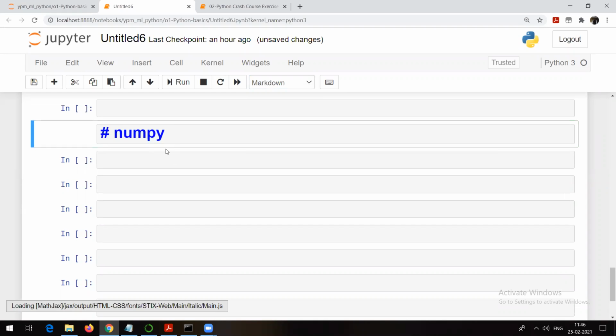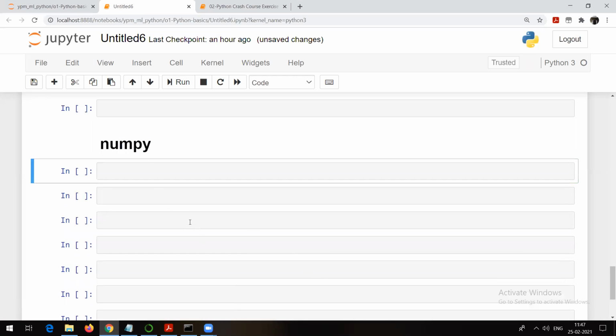Whether you talk about machine learning, deep learning, computer vision, natural language, or artificial intelligence in general, NumPy is really very important. We are going to start from the basics of NumPy itself. First of all, I will let you know what NumPy is and why one should worry about this, why one should know about NumPy. So one by one, we will see all these things. First of all, what is NumPy? NumPy is a linear algebra library which is available in Python.